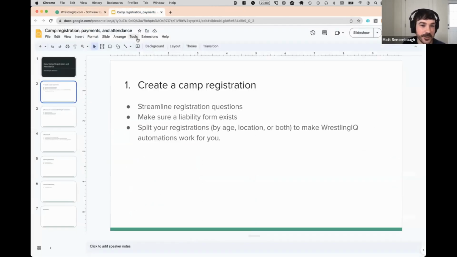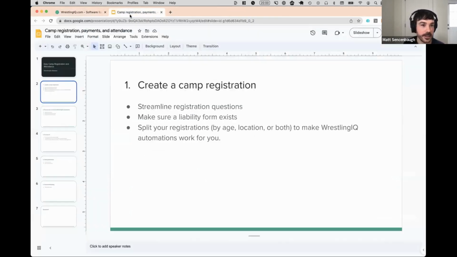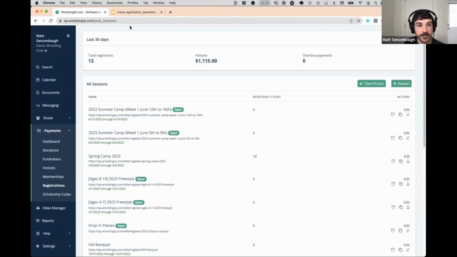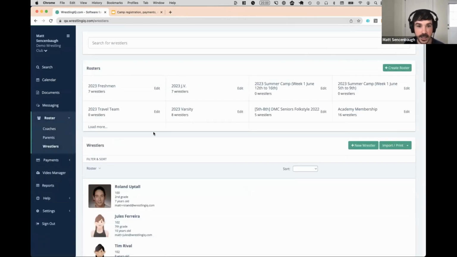Next, step 1, we've created the camp registration. At this point, the registrations are live. I'm going to talk through some things you might want before then, but you can promote this. We'll get to that in slide 3. I'm stepping ahead. Review and understand WrestlingIQ automations. So with camps, you will now see, if we're on the Wrestlers tab, we have